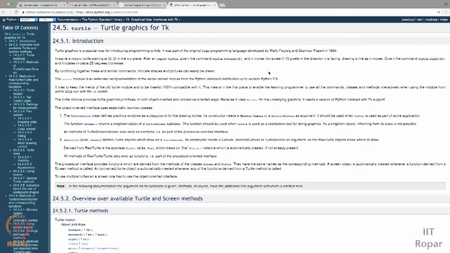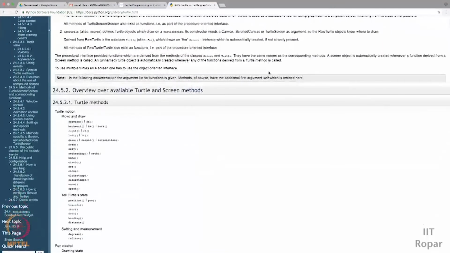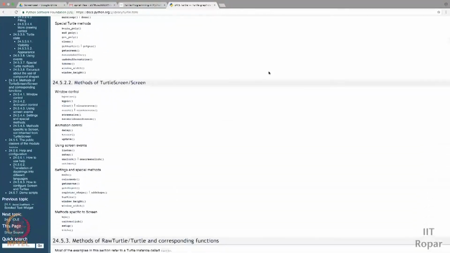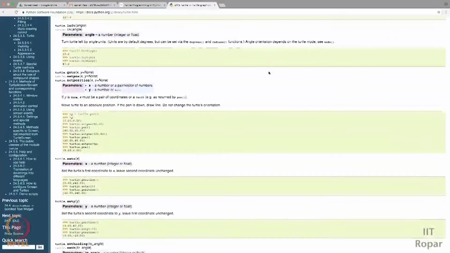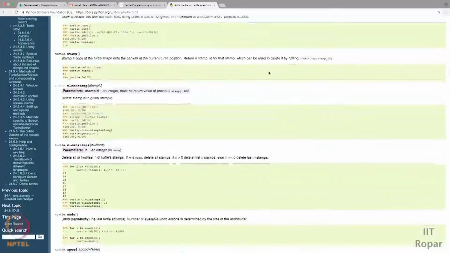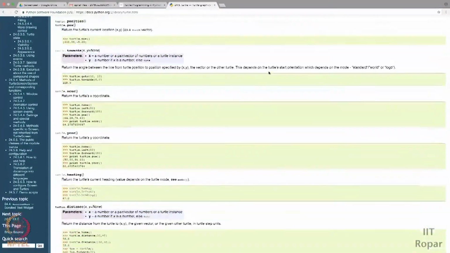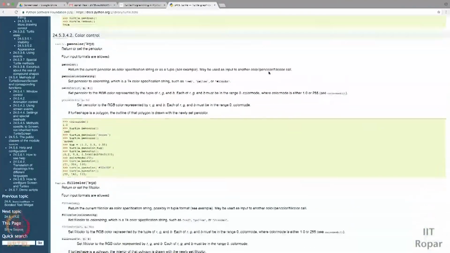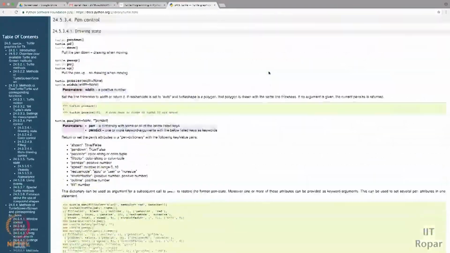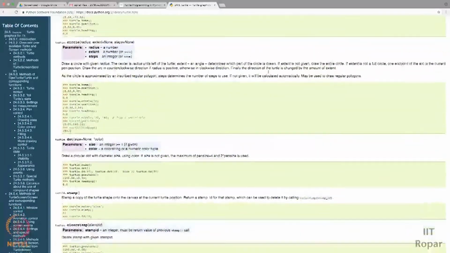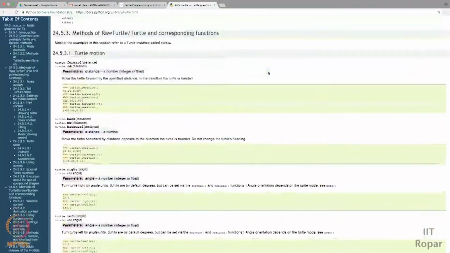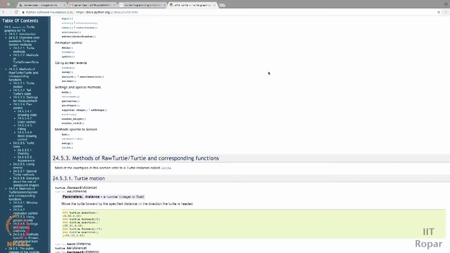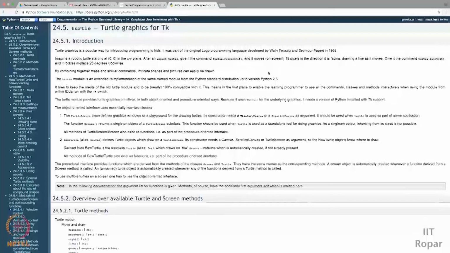You can read more about Turtle from the documentation provided by the Turtle library. You can see a lot of functions and a lot of functionality they have given, and a lot of examples. You can use those examples to understand how we can create animation through Turtle. Actually it is used to create patterns, and that's exactly what we were doing in the first video. So let's see this.